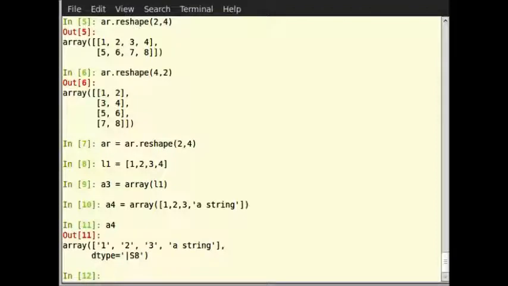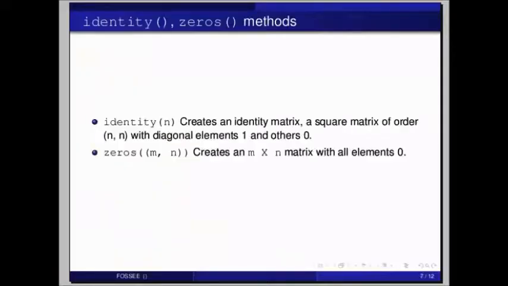Let us now move on to study functions like the zeros function and ones function. For this, we will have to create a matrix. Let us see how to create an identity matrix of a given size. This is a two-dimensional array in which all the diagonal elements are ones and rest of the elements are zeros. We can create an identity matrix using the function identity. The function identity takes an integer argument which specifies the size of the desired matrix.